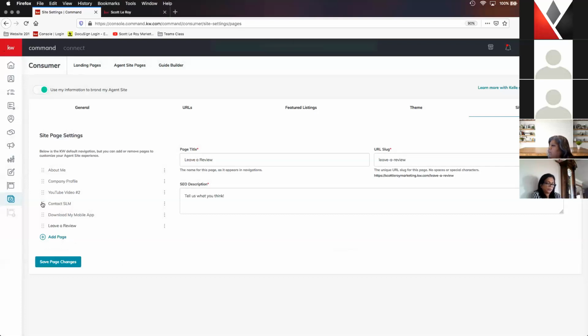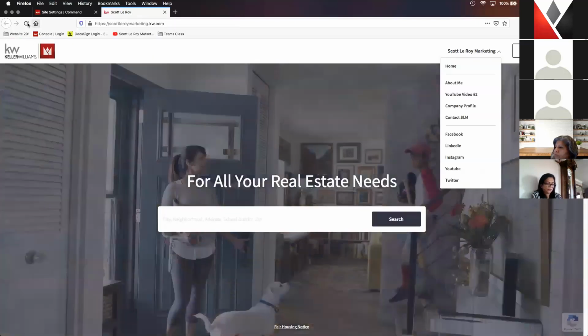And then we always like to have the contact us last, just so your clients are essentially getting all of the information that they would want to look at first, and then they have their contact last, so they can reach out to you once they've had a chance to actually look at all of the pages on your website. And then I'm just going to click on Save Page Changes because I reorganized. And then once I've done that, I'm just going to show you our live website so you can see how it populates. I do need to refresh it,